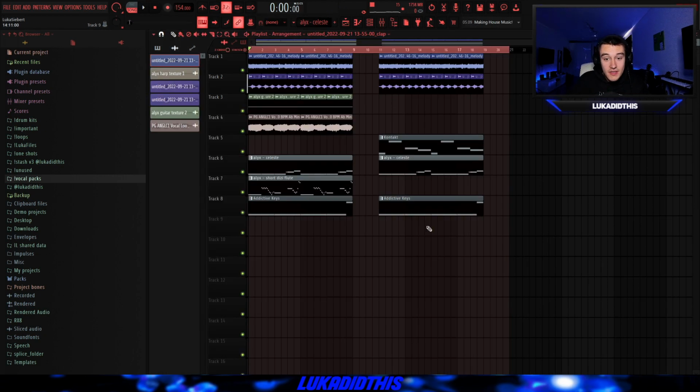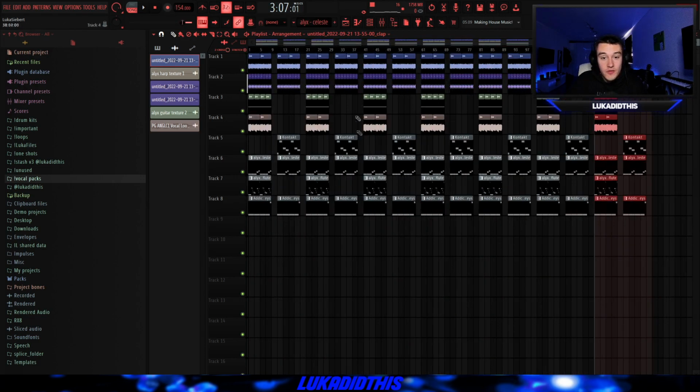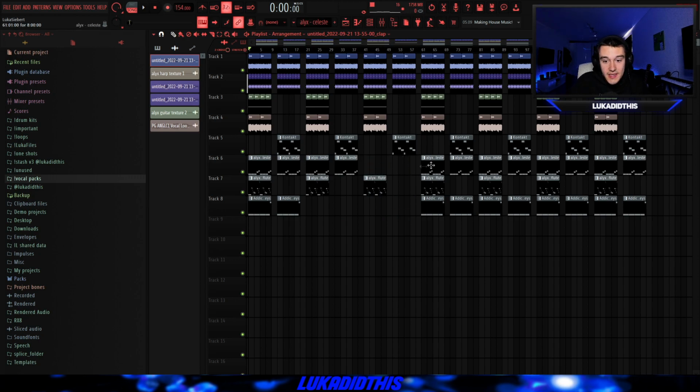And then for stemming out the sample, I will just put it like that because I have 2 parts, and then just copy it over a bunch of times. And then for the first 2 sections, I will just leave the sample full, with everything else playing. Then for the second part, I will just take out the bass. Then I will take out the bass and then some textures, which is basically just this Celeste. Then I will take out the bass and those main elements so that everybody has a different section